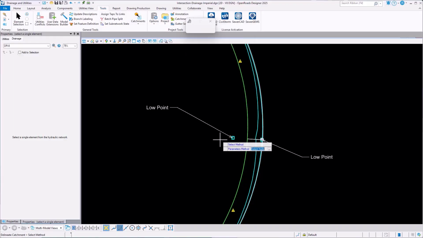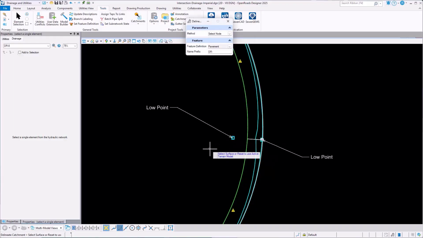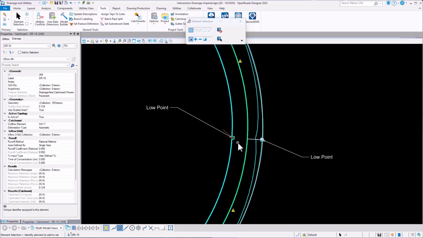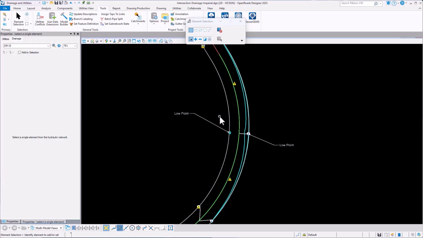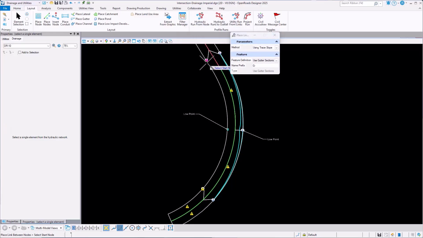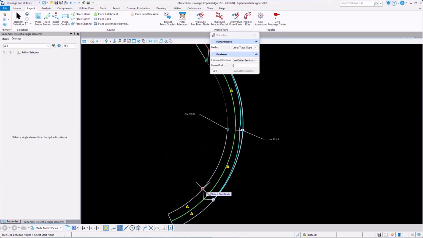If I delineate the catchment to the inlet on the other side of the roadway, because it doesn't have two approach gutters, we get the one catchment area on both sides of the inlet. However, if I now locate two gutters feeding into that Sag Inlet, so there's one, and we'll just do the other one,